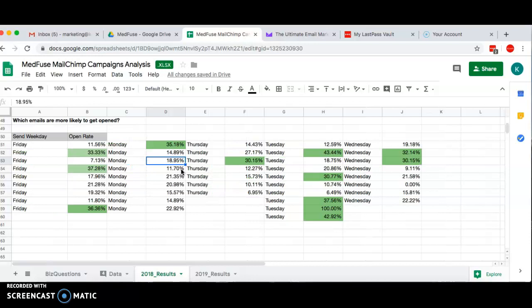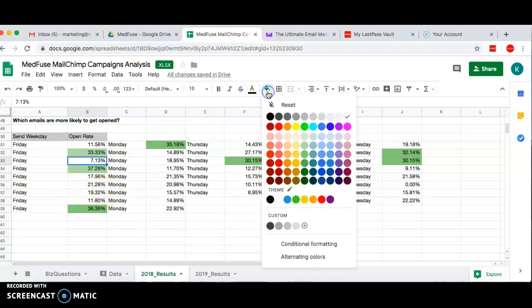All right, so I'm not sure if we need an additional graph to show us this, but we can also mark the ones that are really low. So let's do 10% or lower, and we can color